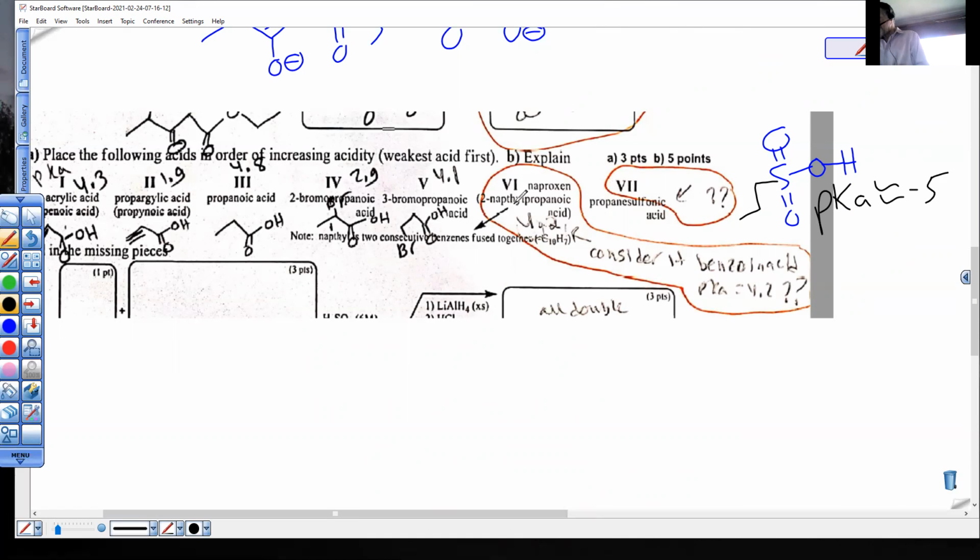Naproxen, 2-naphthopropanoic acid. Consider it benzoic acid pKa. You don't even have to get that cute with it. Just say it's close to 5, but a little down. Yes, and I liked what she said. Consider it just like benzoic acid. Here's benzoic acid. Benzoic acid has that and a benzene. And the only difference between that and naphthoic acid